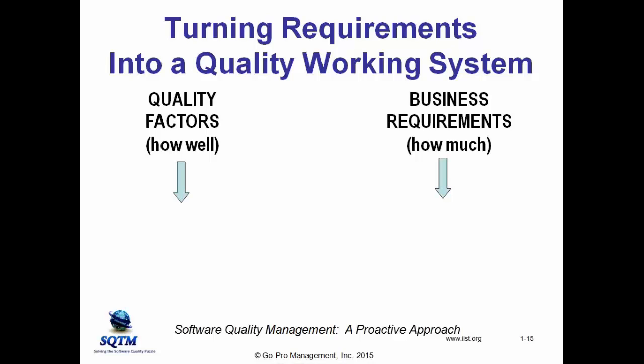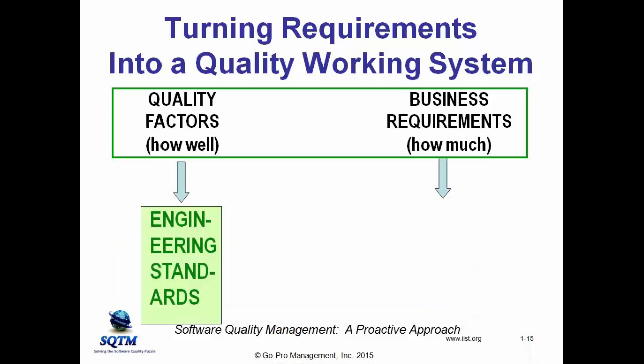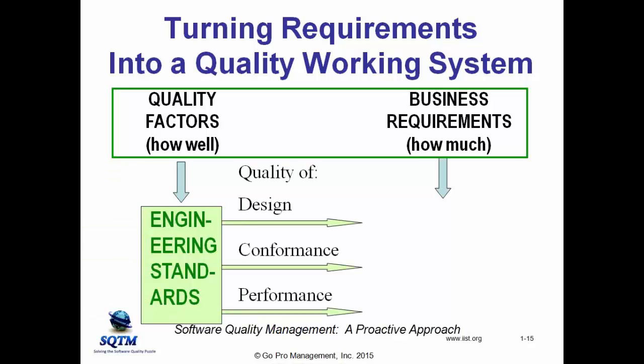And business requirements basically describe capabilities. So how much is done. And so we capture the how well in engineering standards, and you can have engineering standards that pertain to quality of design, to quality of conformance, quality of performance,